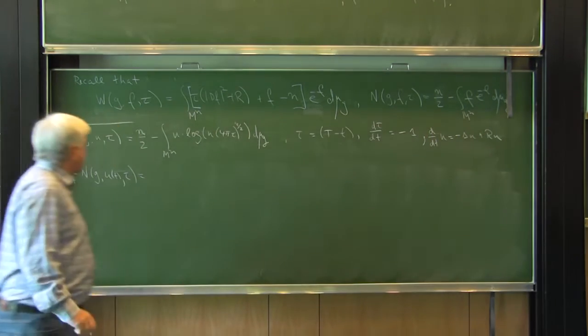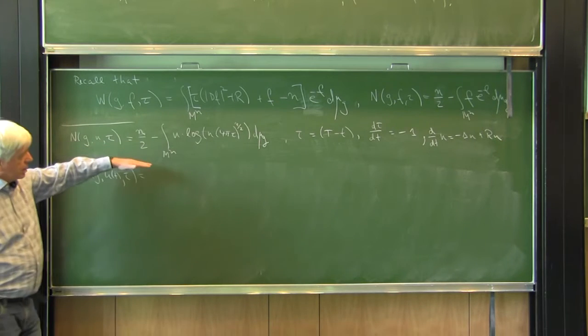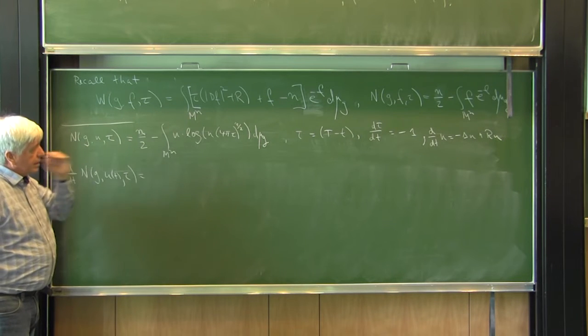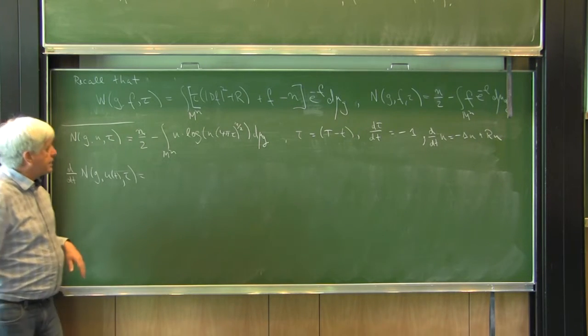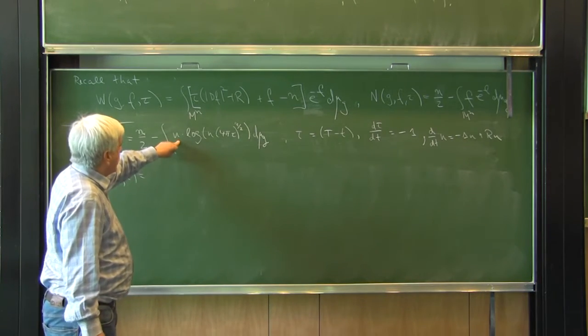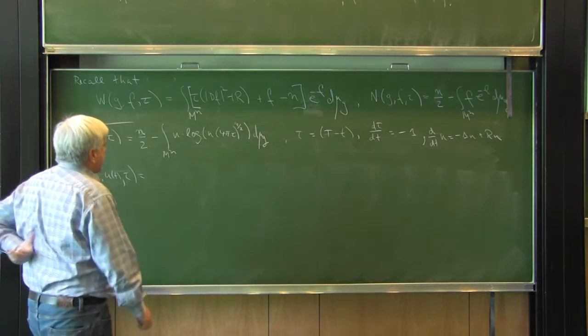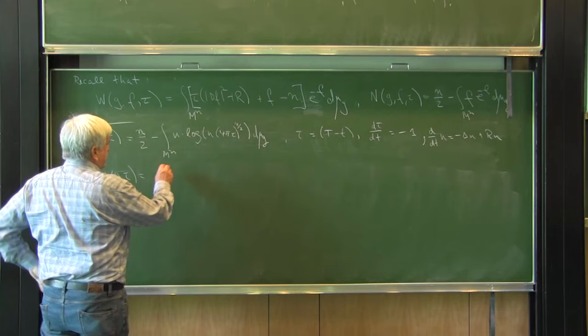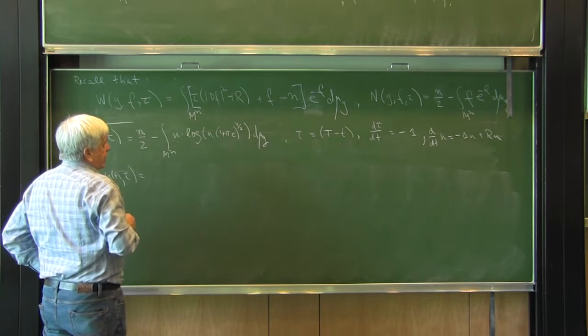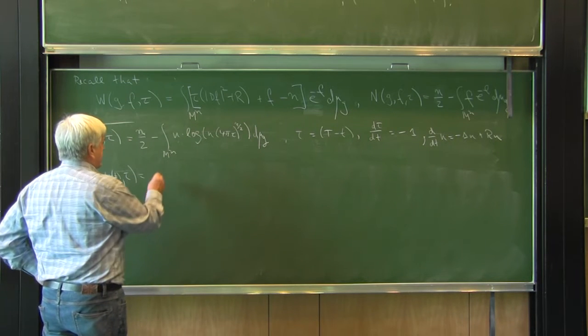And then we get exactly the same computation as in the Euclidean space and as in the unnormalized case. You just have to be careful with the tau. So you get here